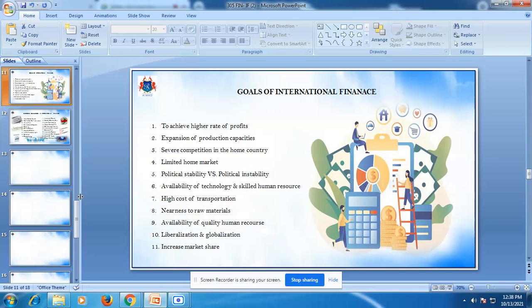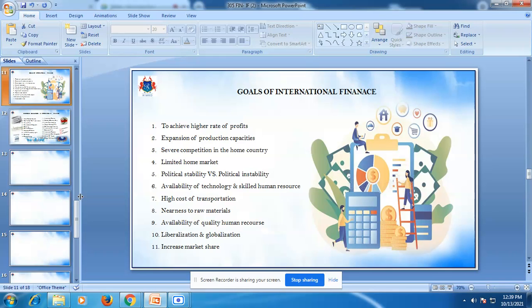For example, most of the Japanese automobile and electronic firms enter the US, European, and even African markets due to the smaller size of the home market. ITC entered the European market due to the lower purchasing power of Indians with regard to high quality cigarettes. Similarly, with the 6 million population of Switzerland, companies were forced to concentrate on the global market and establish manufacturing facilities in foreign countries.